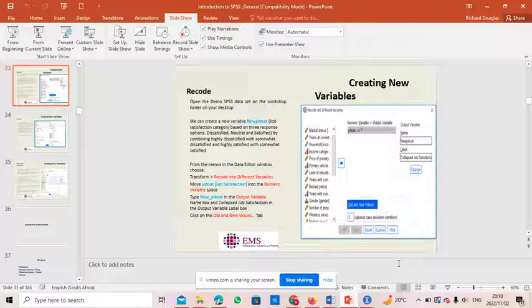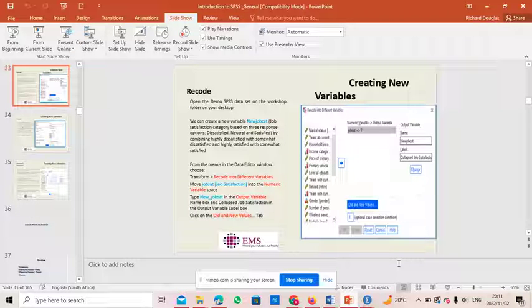For example, if you have a variable that has five responses and you want to collapse it to three responses, I'm going to demonstrate how to do it in SPSS. For the sake of this demonstration, I'm going to use a data set from SPSS